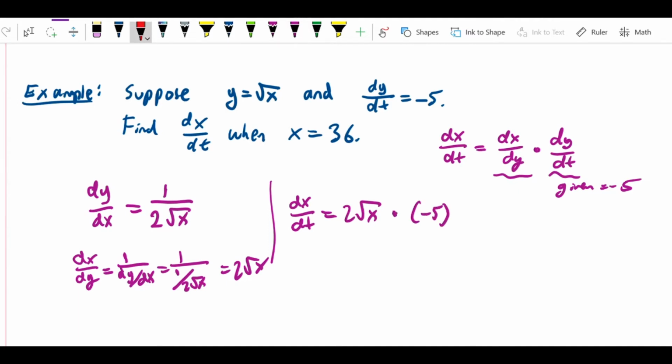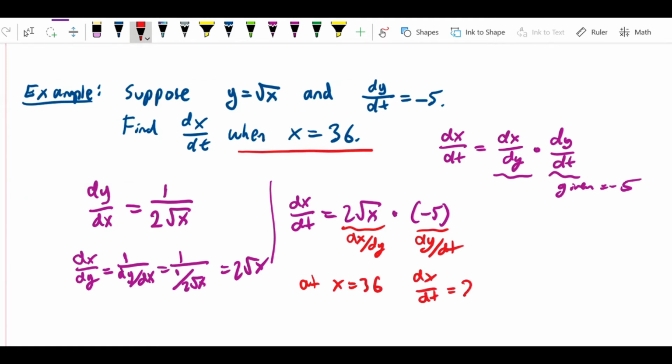Just to be clear where this comes from, this is dx over dy, and this is dy over dt. The only thing is that dx over dy, as most derivatives do, includes x. In other words, I don't know what number it is until I know what the value of x is. But fortunately, this is given to us in the question. We're told what x is. So at x equals 36, dx over dt is going to equal 2 times the square root of 36 times -5. Square root of 36 is 6, so that's 12 times -5, and the answer is